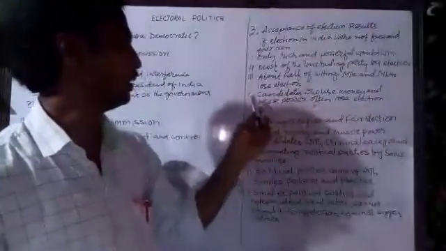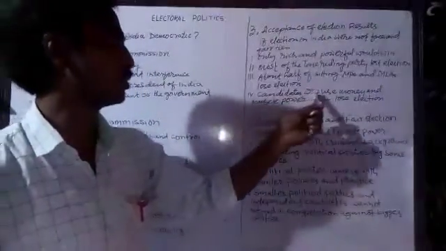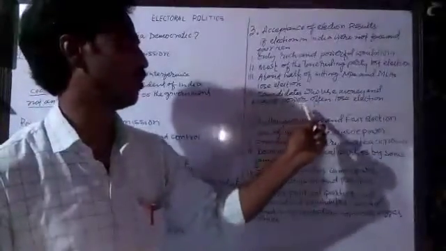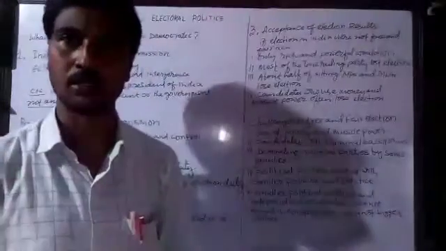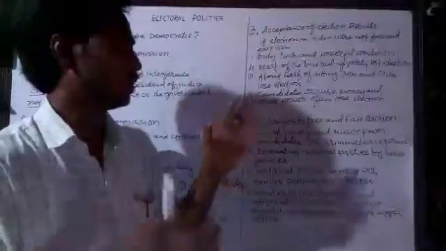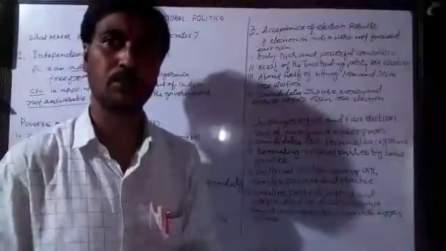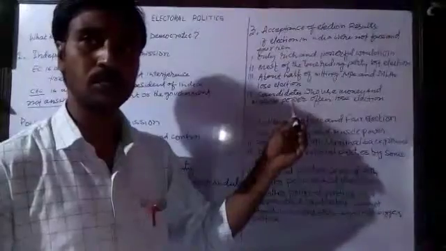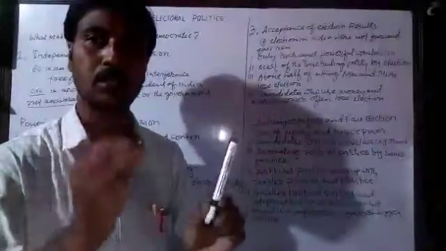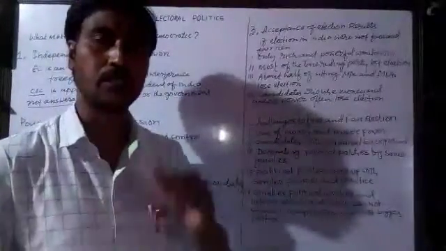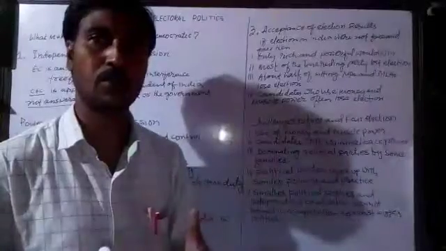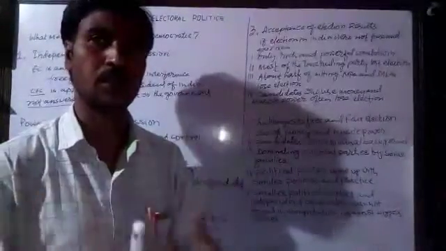And then finally, we see the candidates who use money and muscle power often lose elections. So this also proves that those people who use money and muscle power, most of the time they have lost the election. So this also proves that the election in India is democratic. It is not won by money and muscle power, and it is not won by rigging.